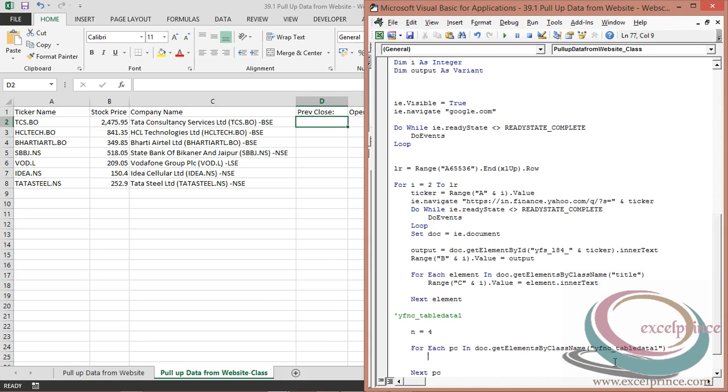Okay, so I want my first value, which is previous close, to come on my cells. A row would be ith. If you see, I am under a for loop, and column should be n. First time it will be fourth. Dot value is equal to PC dot inner text, maybe.